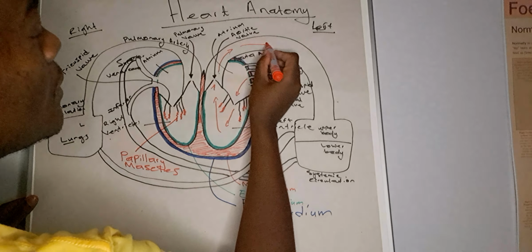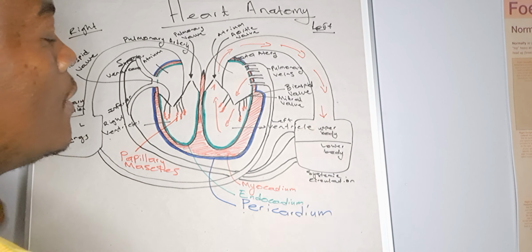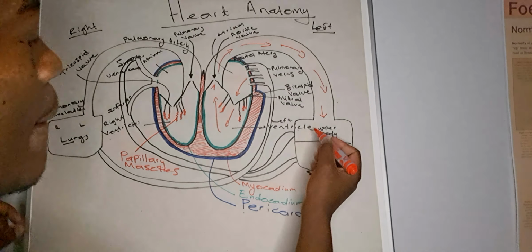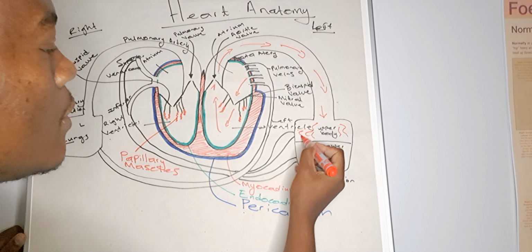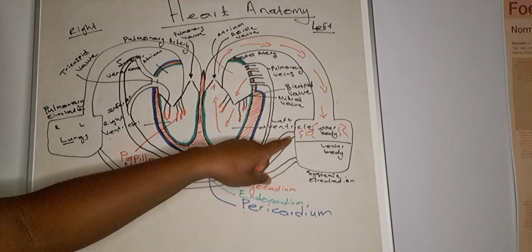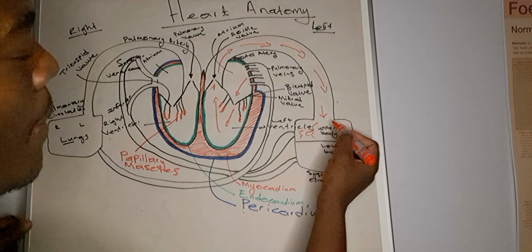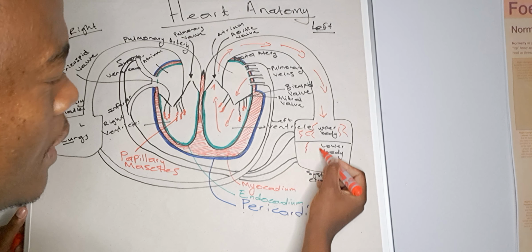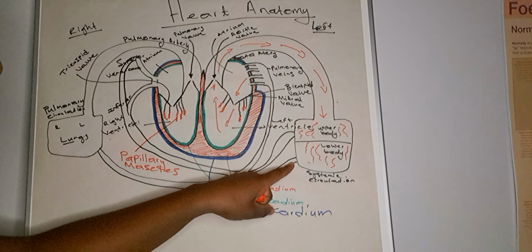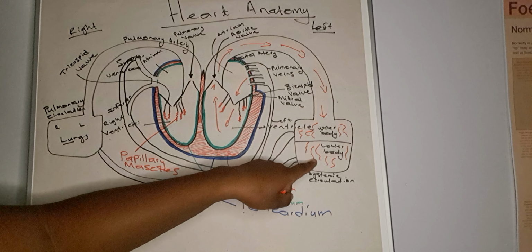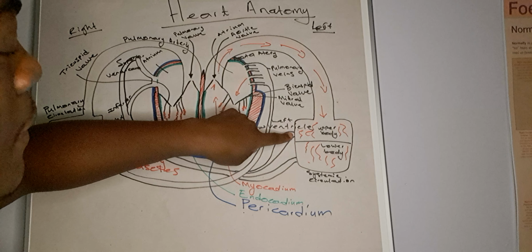This is your blood. Now, when the blood gets here, the blood will nourish the entire upper body here. And then the superior vena cava will come and drain this part. But the blood will still pass, and the blood will nourish this area, the lower part of the body. And then the inferior will come and nourish this, will come and drain this lower part, and the superior will come and drain the upper part of